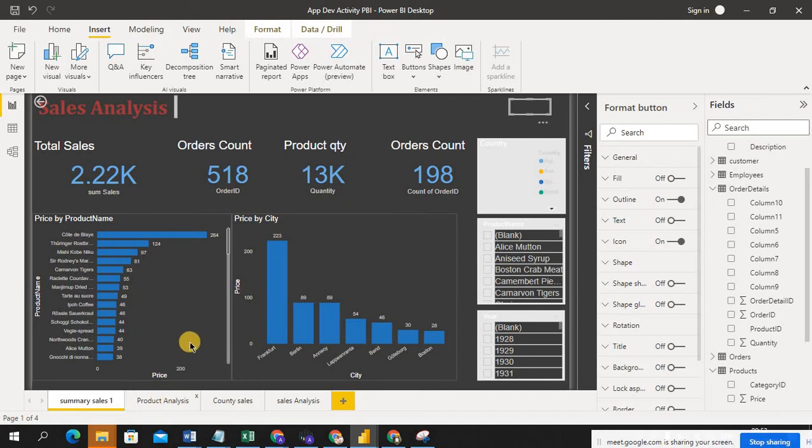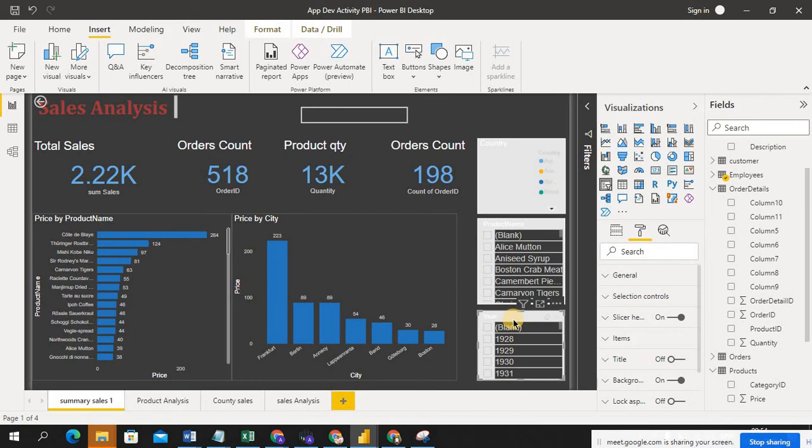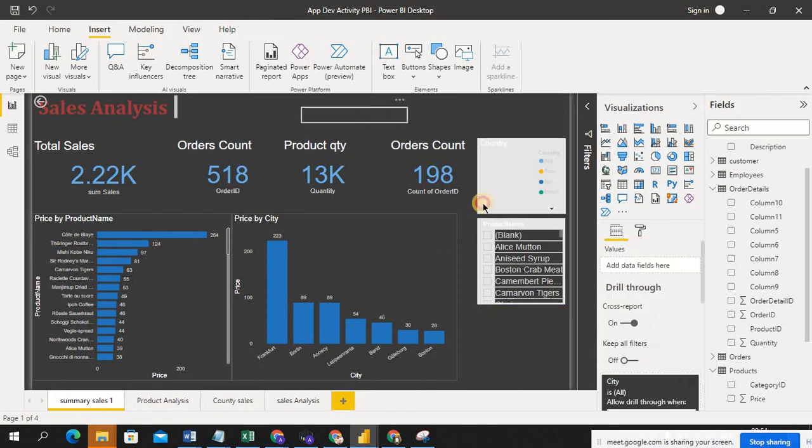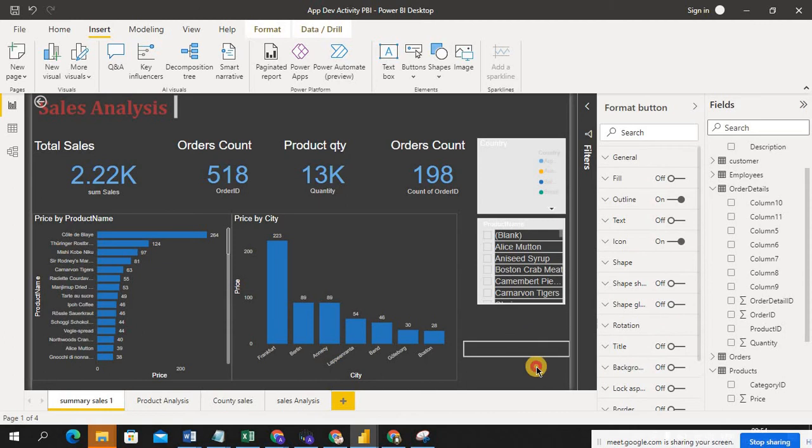From this button, I want to navigate to this product analysis sheet. So where can I place it? I'm going to keep it here. Always the next button should be here in the corner. It depends on requirement. So I'm going to remove this. I'll place it here.